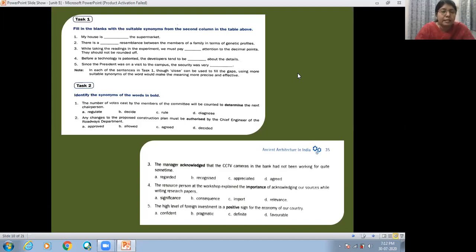So a single word, close, we can use to fill in the blanks in all these sentences. But we are using different words or synonyms of close so that it would be more precise and clear. So again, in task 2, we have to identify the synonyms of the words in bold. So first one is, the number of votes cast by the members of the committee will be counted to determine